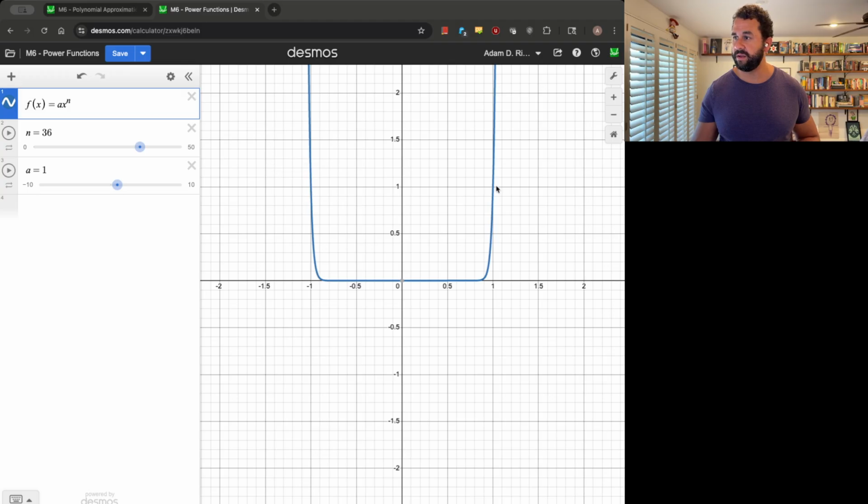-1, 1, 1, 1, and 0, 0. So that will always be the case unless you start moving things around. If you start changing this leading coefficient, you can do stretches and squishes, right? If you start shifting things around. But when you're just looking at something of this form, it's always going to pass through those 3 points when